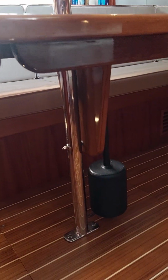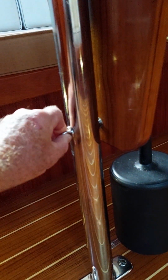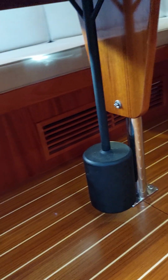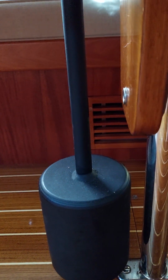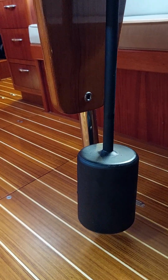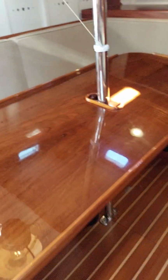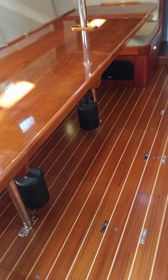So it has these heavy weights and these pins. If I pull this pin out, and the pin here on this other one as well, then what you've got is a table that can now gimbal. So that's very useful for when you're sailing at sea, and in medium conditions,